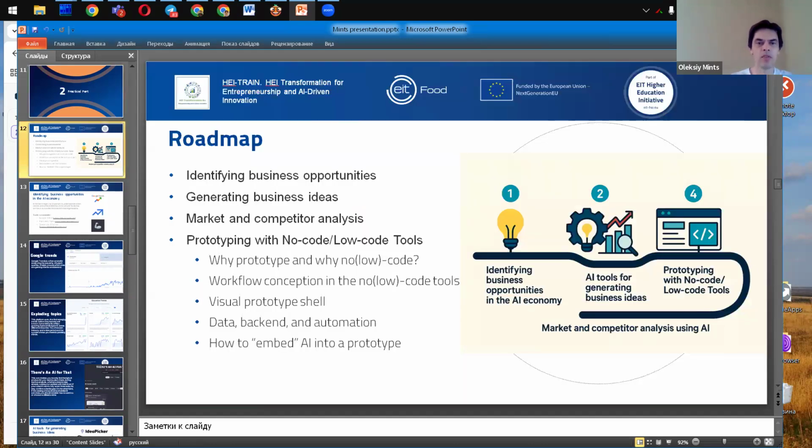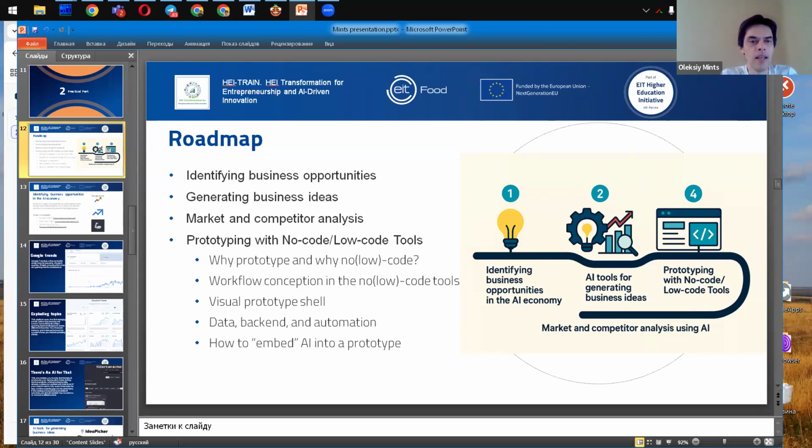In this section, we will talk about using AI tools for tasks such as identifying business opportunities, generating business data and business ideas, and market and competitor analysis. Here is a short disclaimer. These points are more about AI and less about no-code and low-code tools, but I hope it will also be helpful.